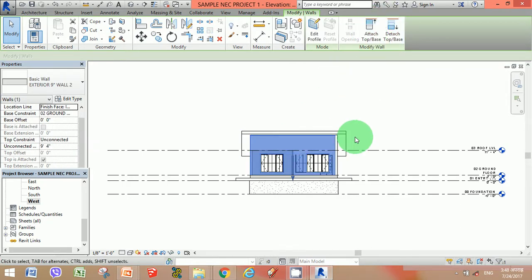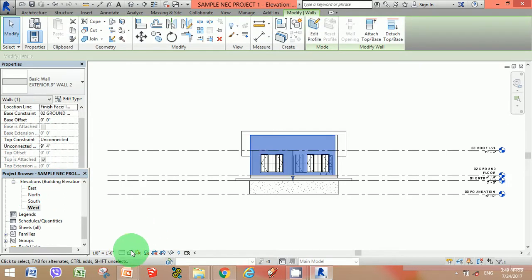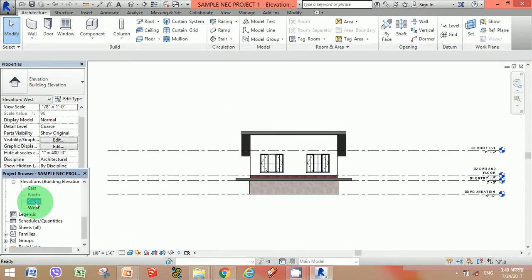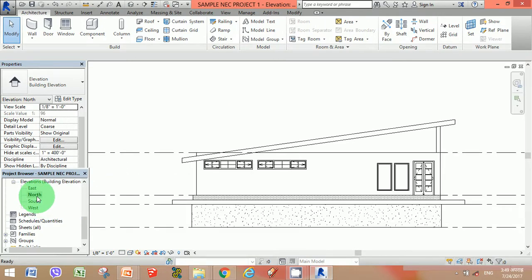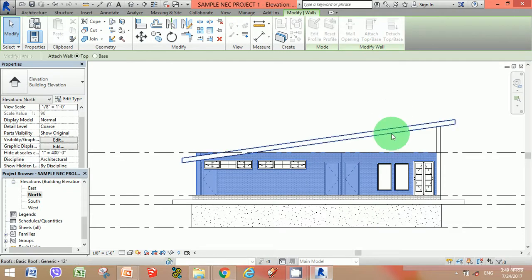Attaching the wall to the top. It has a wall to the top from the elevation view. The wall is being attached here, as you can see in the elevation. So this is the north wall. This wall hasn't been attached to the upper part. It just has a top base.